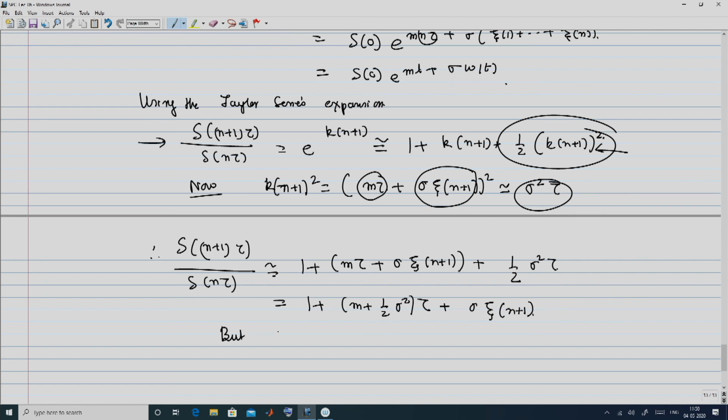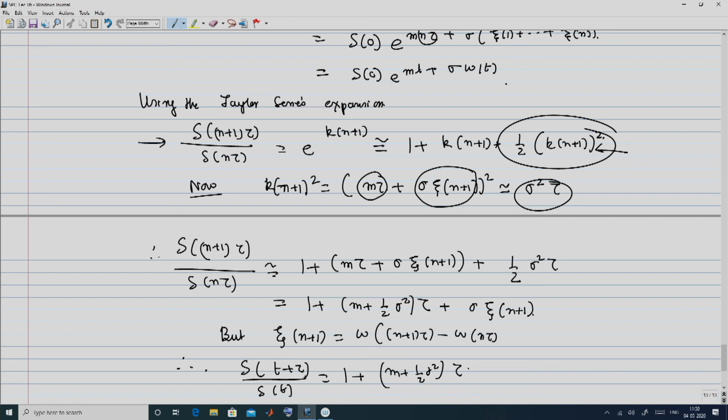But recall that by definition xi n plus 1 is w of n plus 1 of tau minus w of n tau. So, n plus 1 tau is nothing but t plus tau, and S of t plus tau over S of t is 1 plus m plus half sigma square tau plus sigma into w of t plus tau